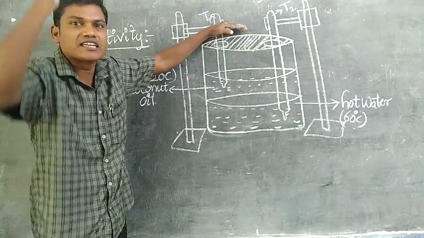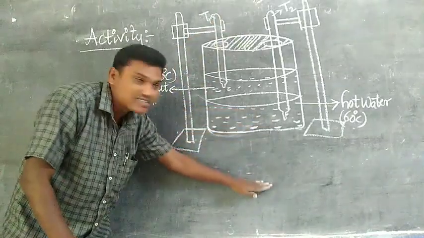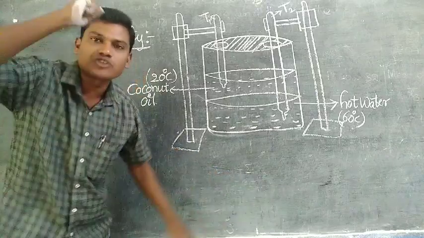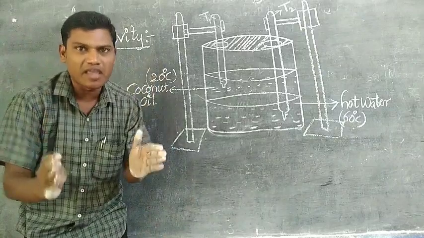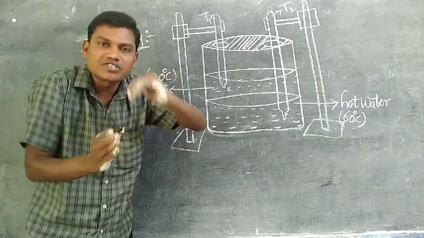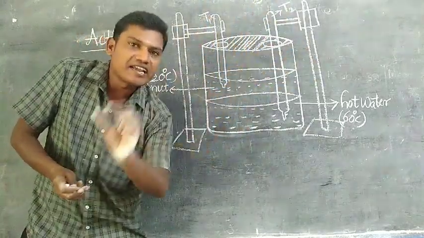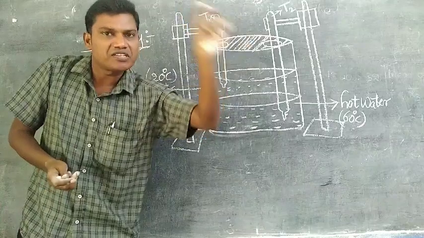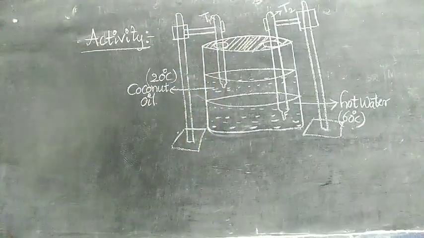That's why it is one of the best examples or activities to understand that if temperature increases, the motion of the particles increases, which means kinetic energy increases. If temperature decreases, the motion of the particles also decreases, which means kinetic energy also decreases. That's why finally we can say that the kinetic energy of the molecules is directly proportional to the temperature. If temperature increases, kinetic energy also increases. If temperature decreases, kinetic energy of molecules also decreases.